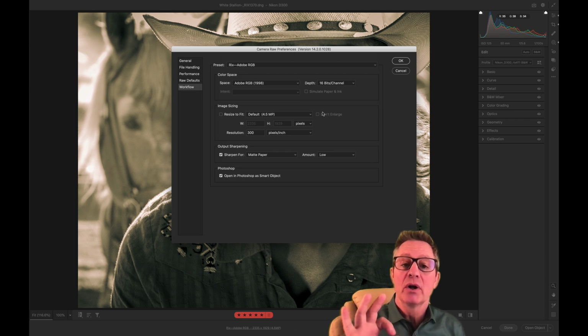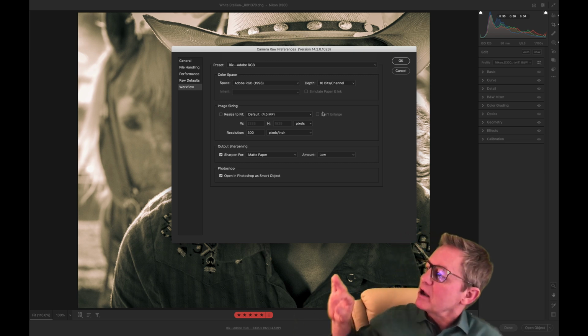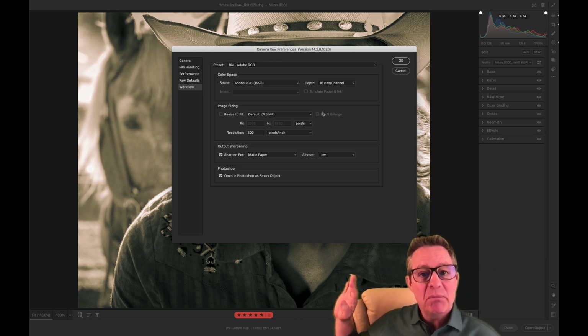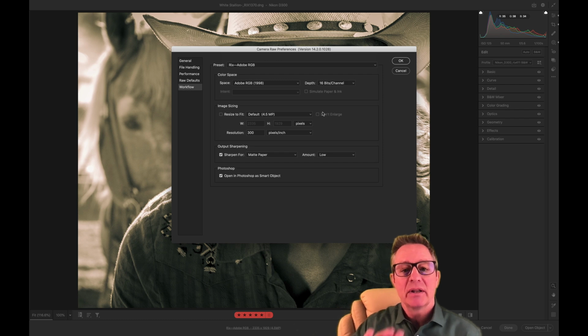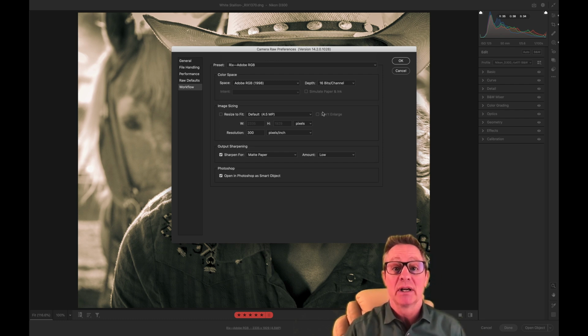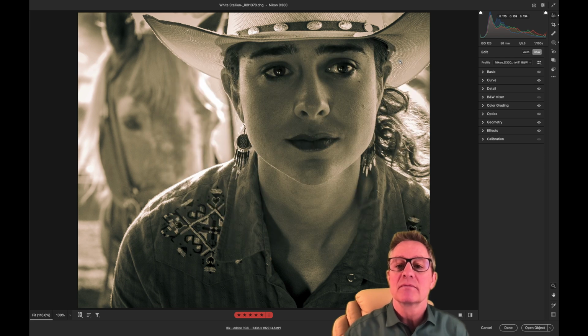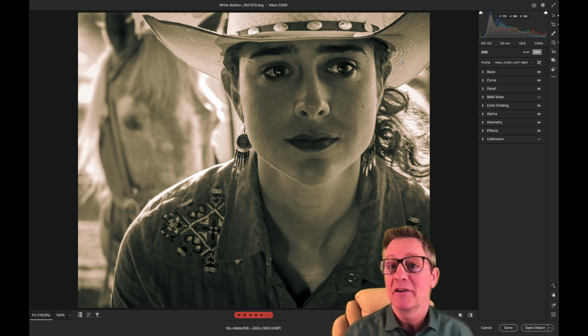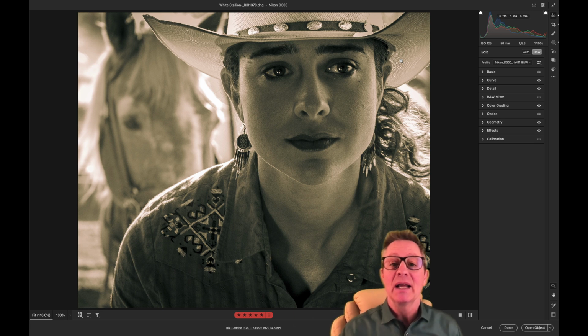Just so you know, the workflow presets are only affecting you. What if I open the image, my baby, in the jungle of Photoshop? The only time these actually affect you. I'm going to say, okay, I told you that was a bit of an advanced trick. Here's something you don't know. Even if you've been already working in an advanced mode in Adobe Camera Raw, down at the bottom in that little workflow setting,